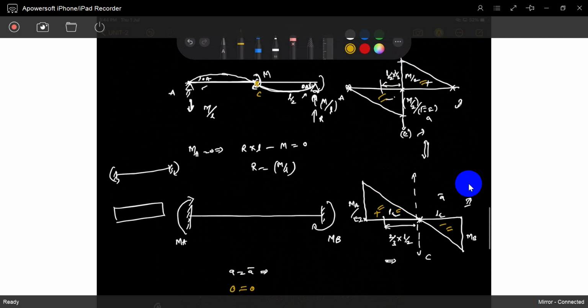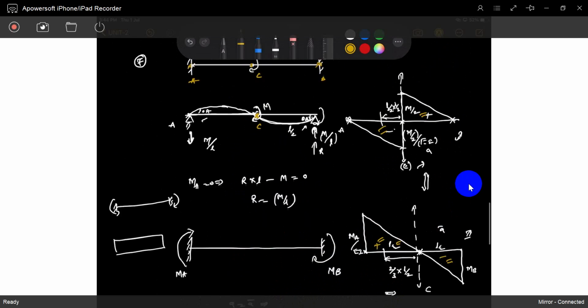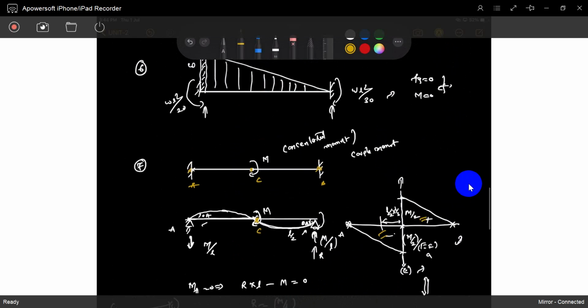Those are the fixed end moments. You can find those values by whatever procedure you know. I differently tried this; in textbooks, somewhere they choose other methods, but I chose this. Nowhere else have I seen this, but I tried this and I succeeded. If you choose anything else, no problem at all.